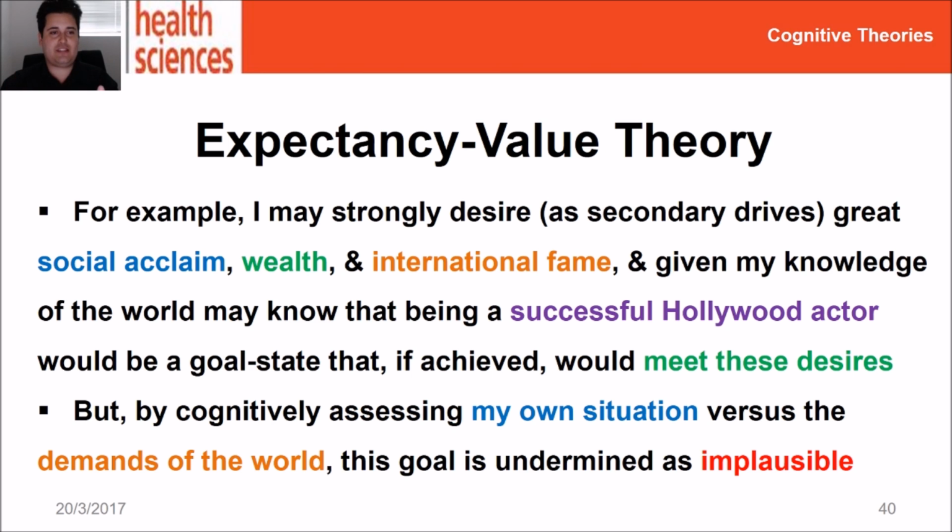So just to give a quick example of this, I may strongly desire, as I'm sure many of you have at some point in your life, the great social acclaim, wealth, and international fame that comes with being a successful Hollywood actor, with being the next Chris Pratt or Brad Pitt or something like this. And I may think, that's so desirable, that's a goal I would like to meet. The reason that most of us don't commit to that, certainly the reason I don't commit to something like that,